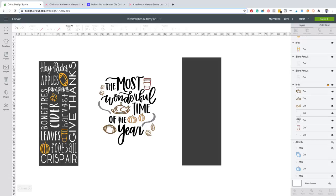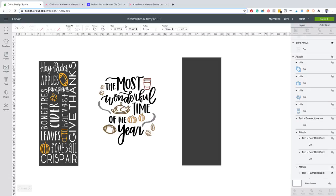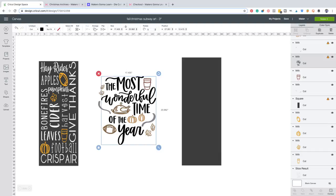So all you would then do, guys, is jump into here and start playing around with it and building your project. You would want to ungroup that cut file, and then you would see all these different images and things, and you would be able to drag them around and have a lot of fun. So, okay,